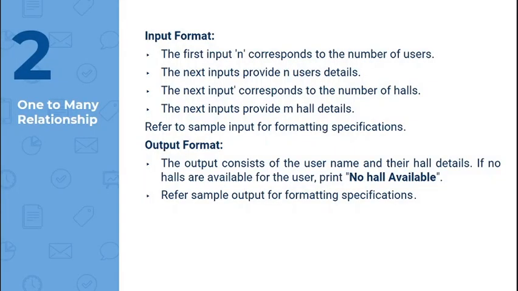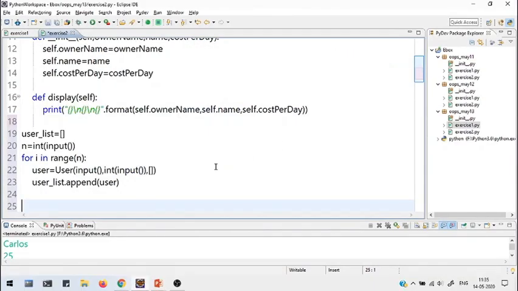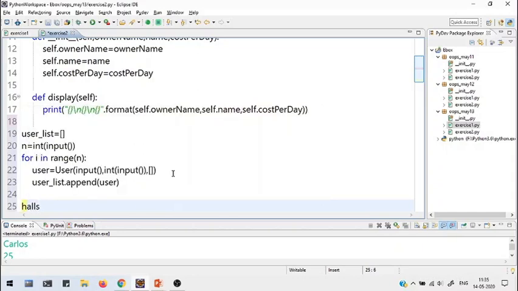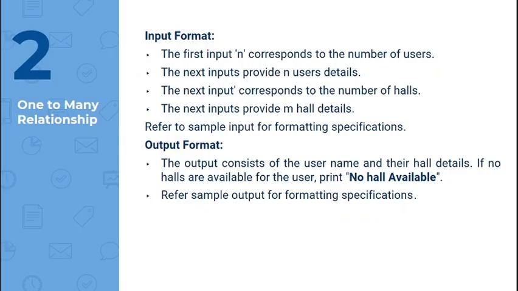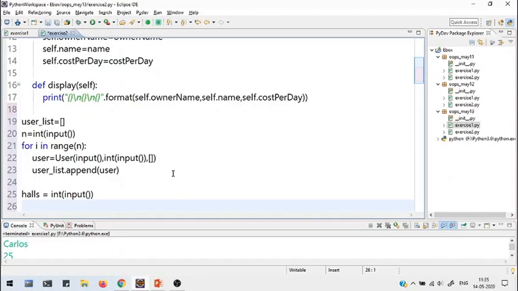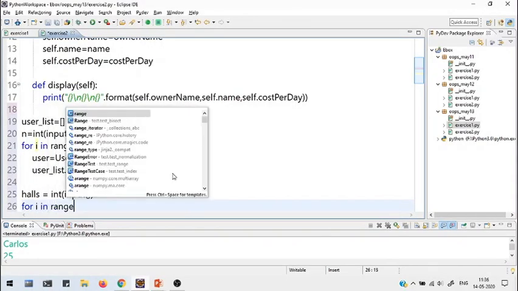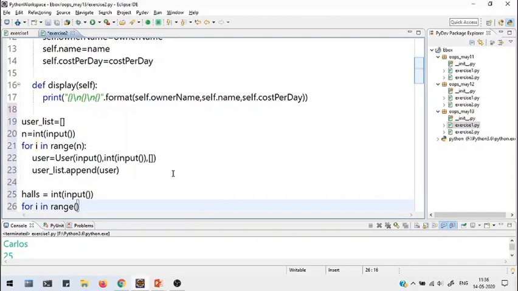Now coming to the next line. The next input corresponds to the number of halls. So let it be halls. So halls is equal to int of input, that is the number of halls. And for i in range of halls,